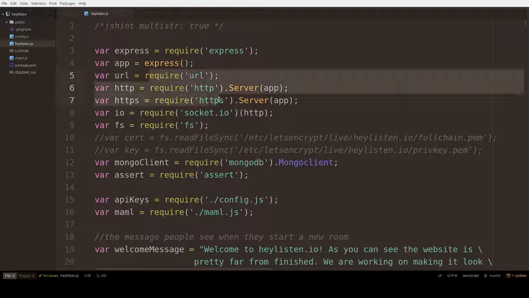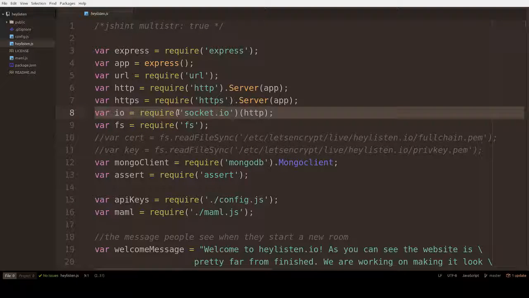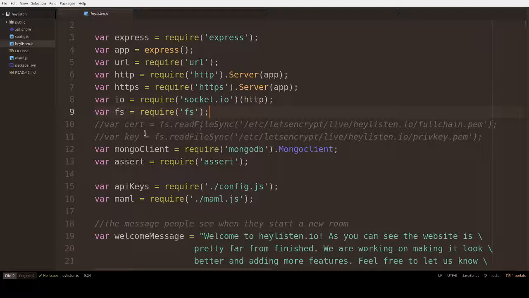Of course, these are just standard libraries. So it's FS, and then another thing is socket.io. Mongo is here, which is not actually being used. I'm going to throw that away later. These certs aren't being used right now. The website is using HTTPS,